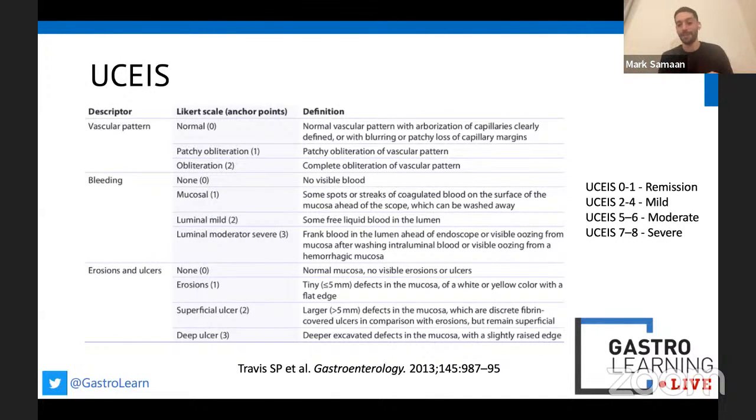It's a bit like the BNF. You'd rather look up a drug dose than get it wrong. So I think this is totally fine to have up in your endoscopy rooms. We have them up in ours. And I did go around and put them in every room in UCH as well, I think, when I was working there. Yeah. Brilliant. And we'll come on to Crohn's scoring systems, because I think they're obviously a little bit